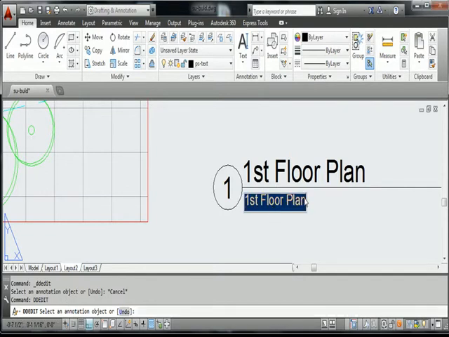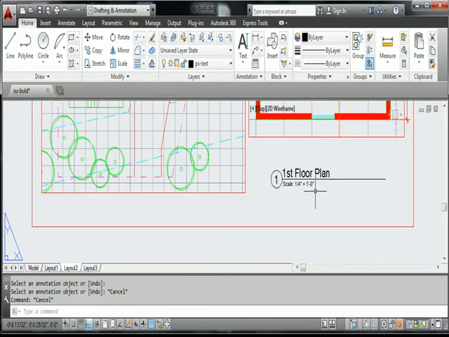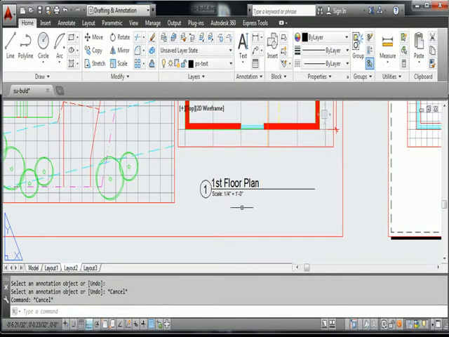So there I go, and then I could change this to scale, which will equal 1/4 of an inch equals 1 foot 0 inch. Okay, and if I do that, there I am left with a title